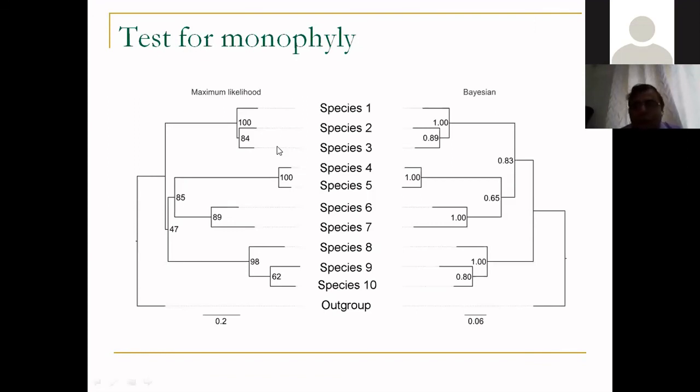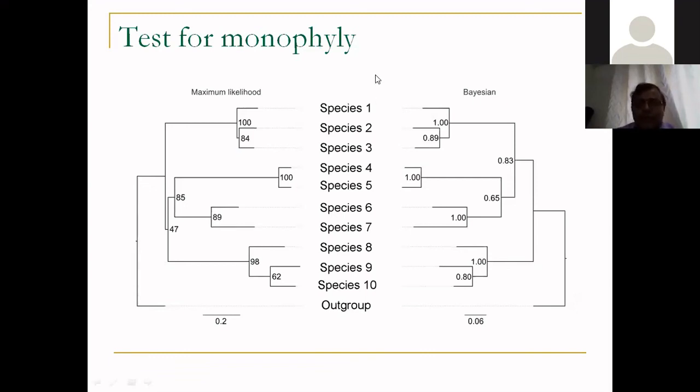Most of you who work on molecular phylogeny might already know that when you have clades like this, for example between species 1, 2, 3, and 4, 5 over here, how do you know the reliability of that clade? So there are two ways. One is the non-parametric method of bootstrapping, where you do subsampling multiple times depending on how many iterations you have set, and plot the trees multiple times and then see how many times the two organisms come together.